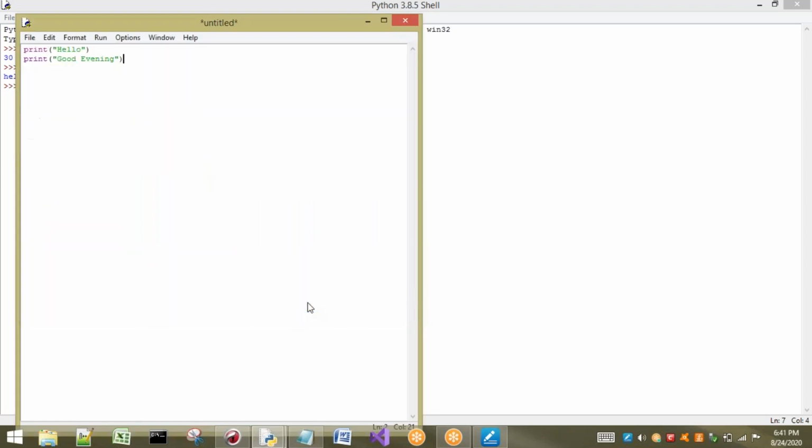Now the file is stored. The name of this one is second.py, and .py is an extension. What do extensions mean? An extension indicates which type of file it is. For example, .txt indicates a text file, .doc indicates a document, .pdf, and in the same way .exe. There are many extensions for each and every file. If it is a file, an extension should be there.